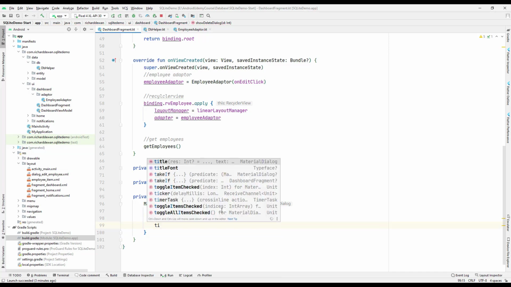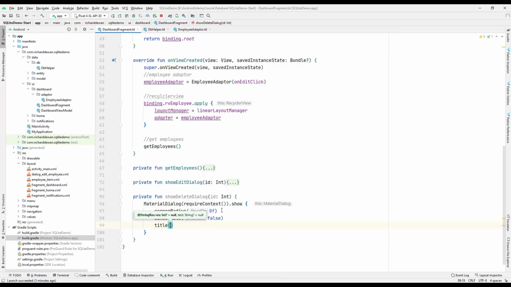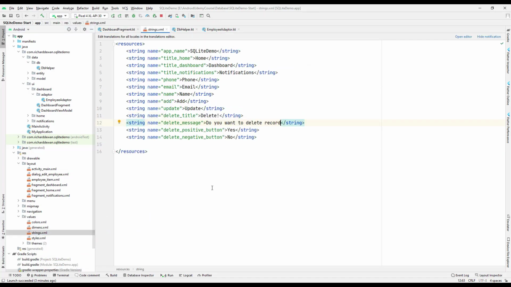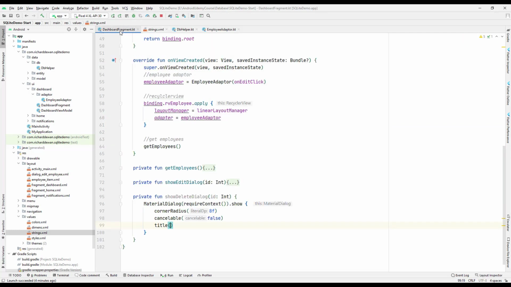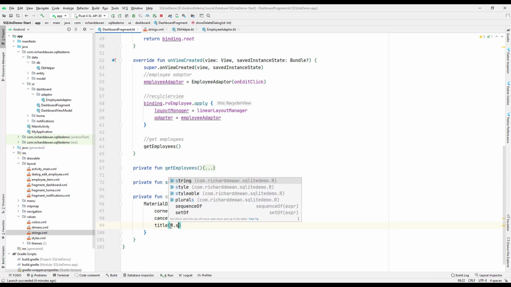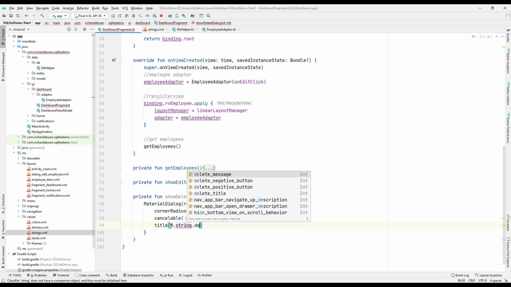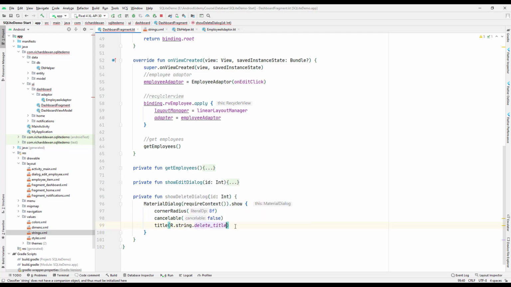And then I can set the title that we want to set. I think I already have a string resource. If you go to the string, there should be some string resource to set the title, so I think I have a title. Yeah, delete title, so just make use of the delete title over there, and here we will pass the R dot string dot delete title, so just pass that one,